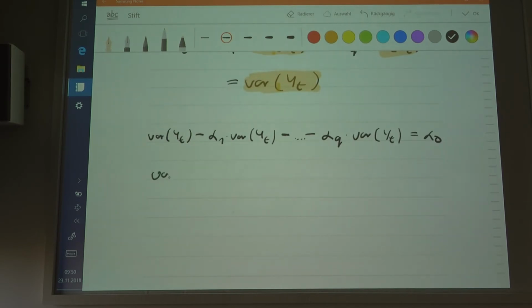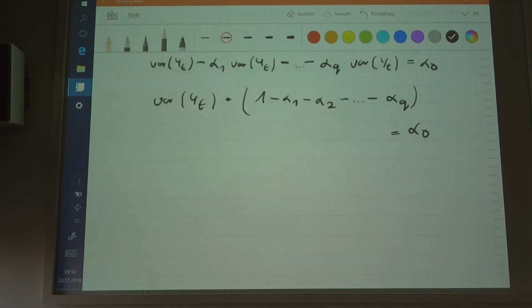If you factorize for the variance of y_t, you get the variance of y_t times 1 minus alpha 1 minus alpha 2, etc., minus alpha q